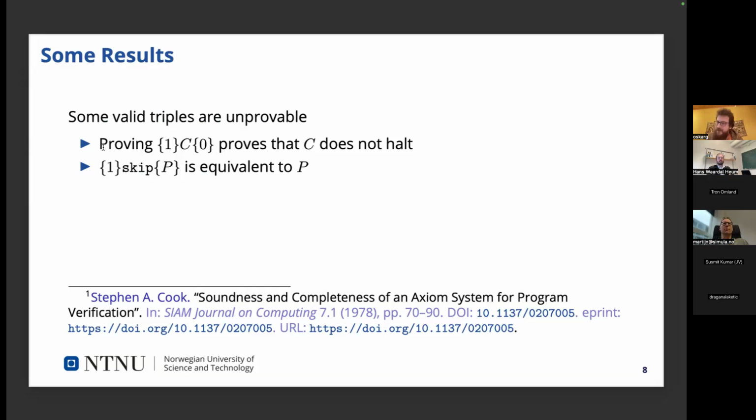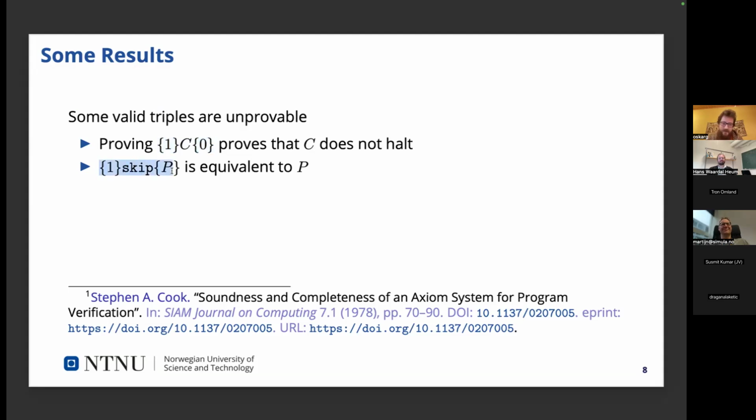An observation is that not all of these triples are provable. For example, if we can prove that with true at the beginning, evaluating some program C gives false at the end, this is the same as proving that C does not halt. If you could prove this generically, then you could solve the halting problem, so we can't prove that.